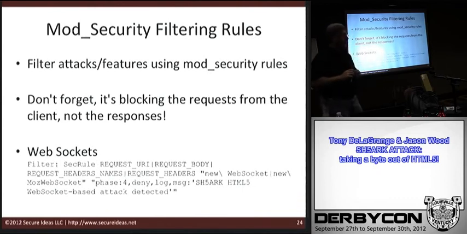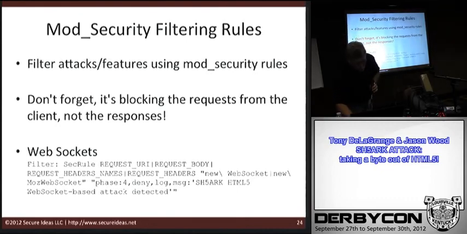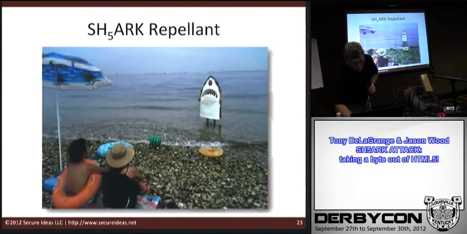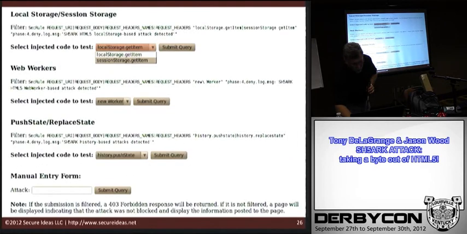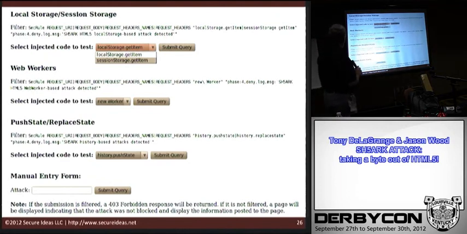Are the other rules for response? No, mod security is looking at the requests, not the data coming back. Can you go to the other slide? The one we had the other rules. There. So for the local storage, or web workers, none of the